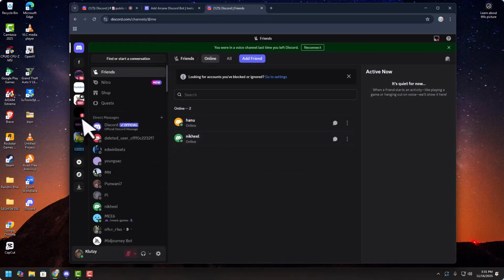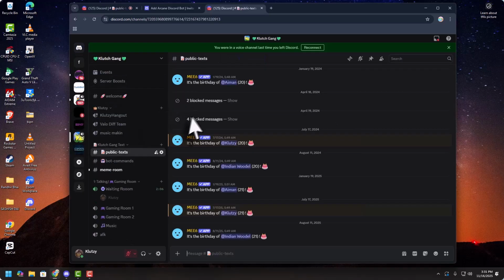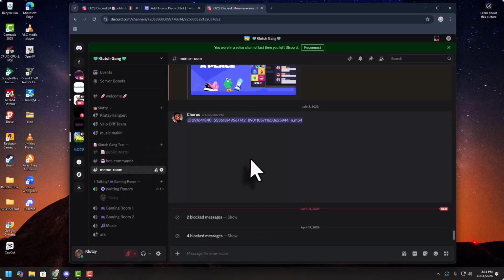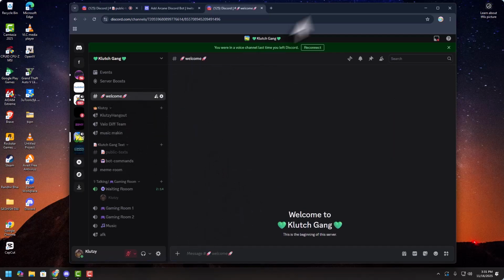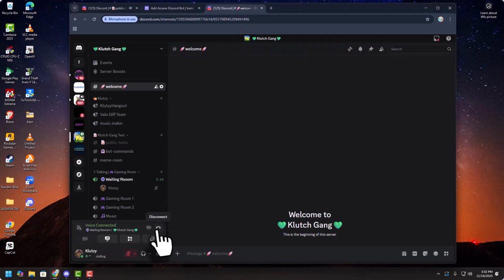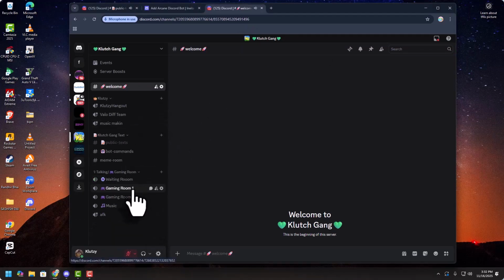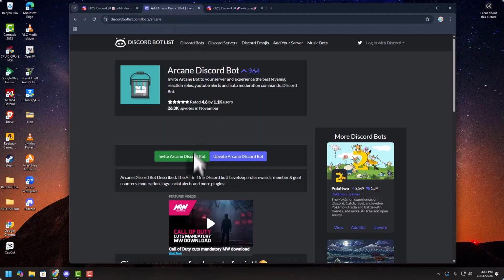So now, as you can see on your server, if you go and check your public text channel, or where your Arcane is welcomed, you can see that Arcane has connected to your server. And now once you've done that, all you need to do is look at all its